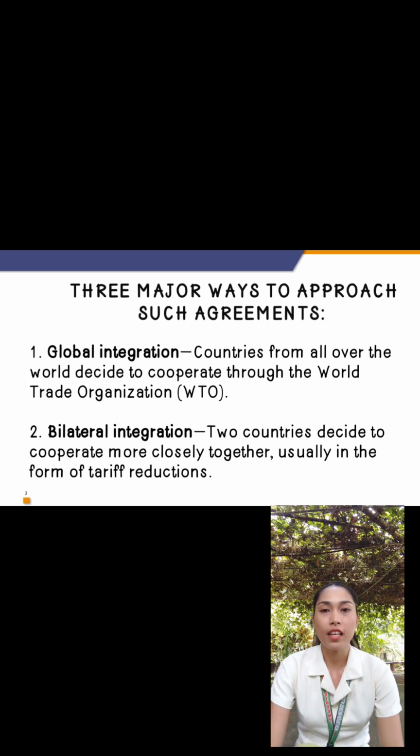The second is bilateral integration. This refers to the process of two specific entities, often countries, forming a closer relationship or partnership. For example, last July 31, 2023, there was a signing of a bilateral agreement between the Philippines and the European Union, relaunching the free trade negotiations,